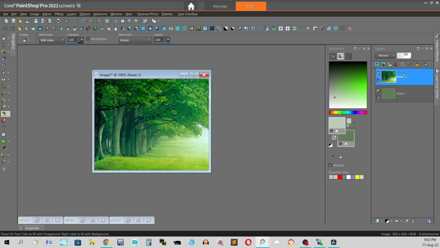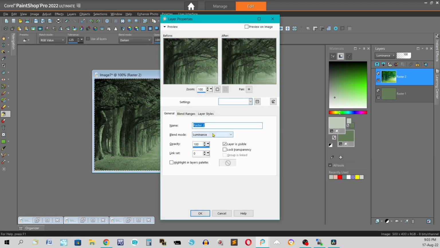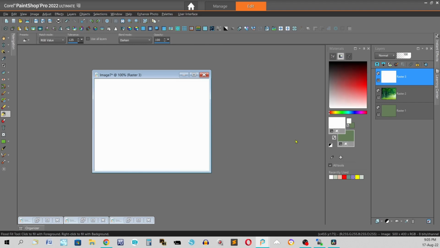Now change the blend mode over here in your layers palette to luminance, and then lower the opacity to 60. Now to do that you can right click and go to properties and change the opacity to 60. Then deselect that, Control D, add another new raster layer. We're going to now flood fill that with white, so place white in your foreground box and flood fill that,